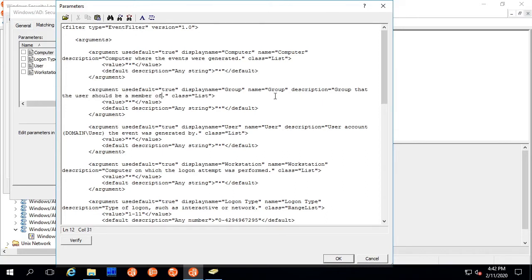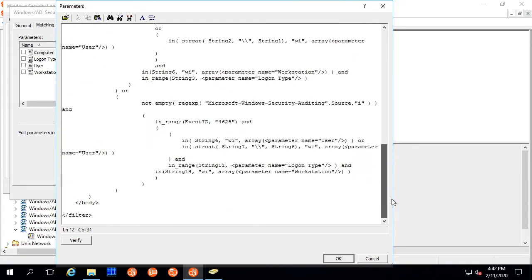Next, I'll add the actual filtering logic that's associated with the parameter. It's going to be a new clause in the rel expression. The part we need to edit is at the bottom. It deals with the relevant event ID. You can see a number of expressions joined by AND operators. Let me add another AND clause.